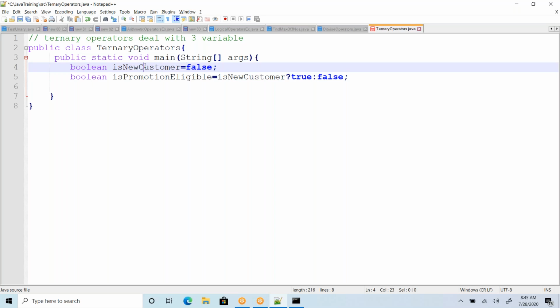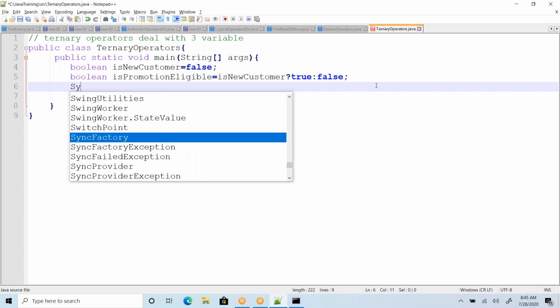But in real time, these variables are driven from the functionality, retrieved from the database or some other source, or from another application as JSON, however it depends. If it's a new customer, then he is eligible for promotion. Yes. If it's an existing customer, no, he's not eligible. That is how it works.